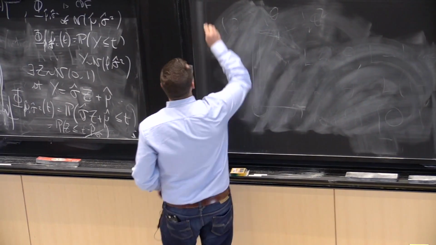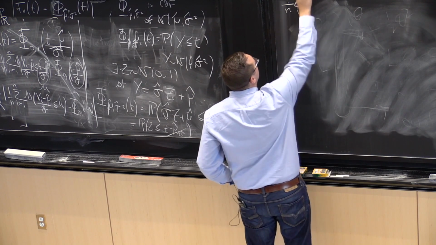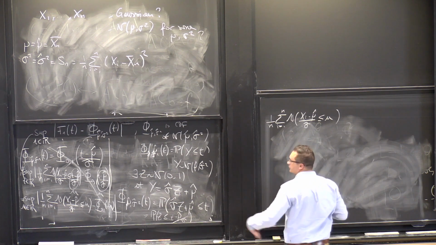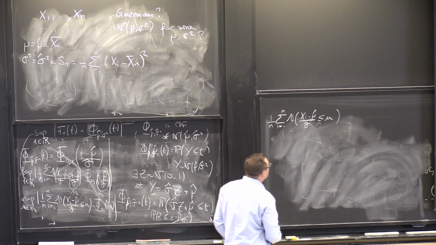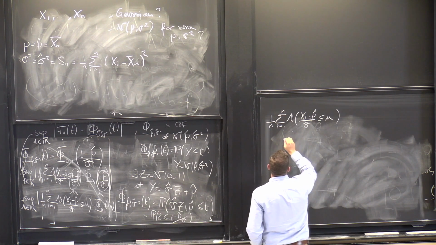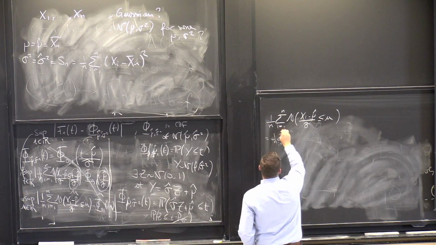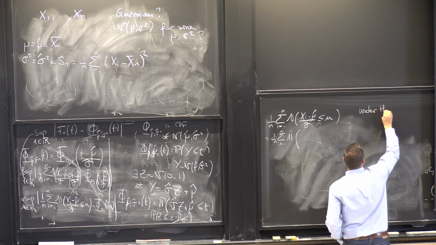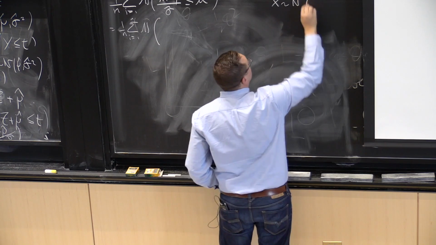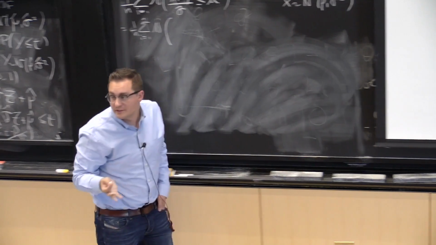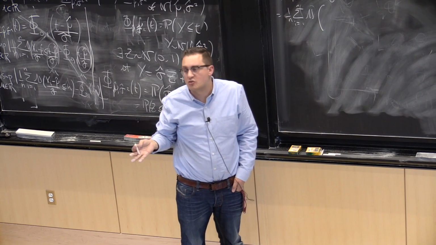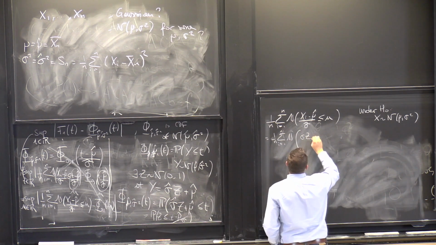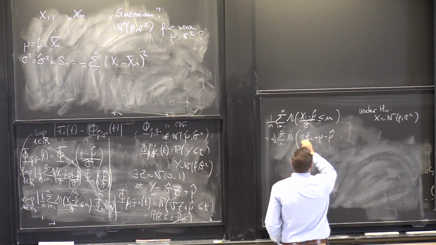So the key thing here is to observe that 1 over n, sum from i equal 1 to n of the indicator of (Xi − mu hat) divided by sigma hat less than u, which is the first term that I have in this absolute value, is equal to 1 over n, sum from i equal 1 to n of the indicator that, now under the null, which is that X follows N(mu, sigma squared) for some mu and sigma squared that are unknown, but they exist, I just don't know what they are, then Xi − mu hat can be written as (sigma Zi + mu − mu hat) divided by sigma hat,